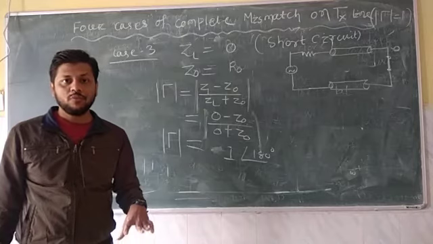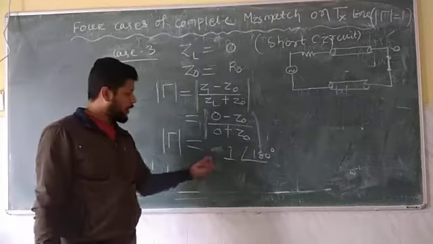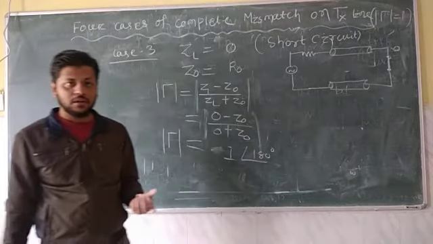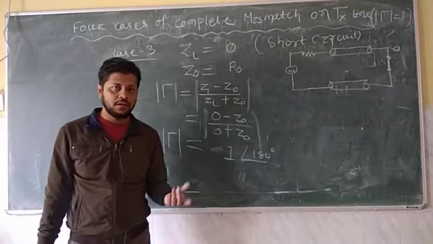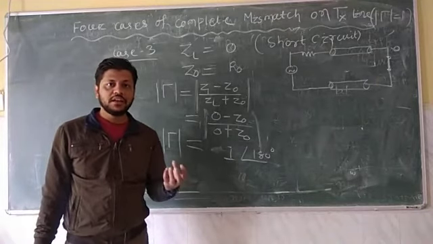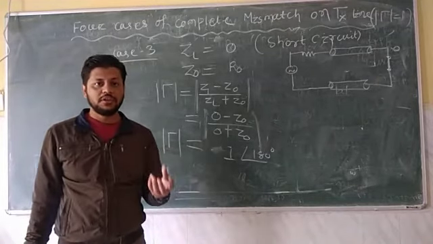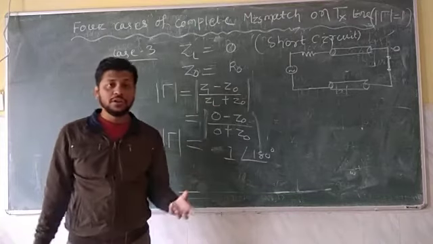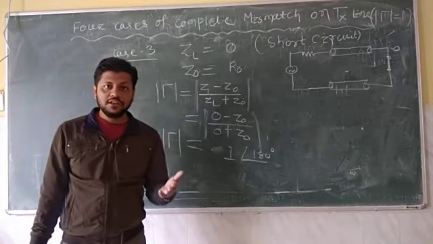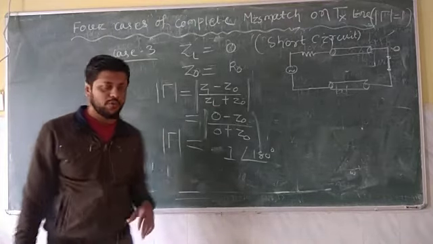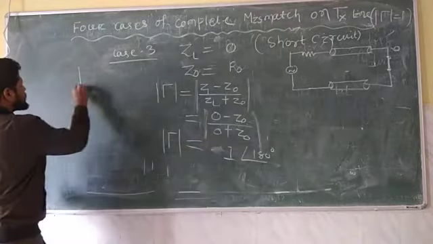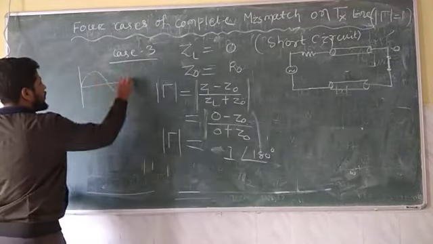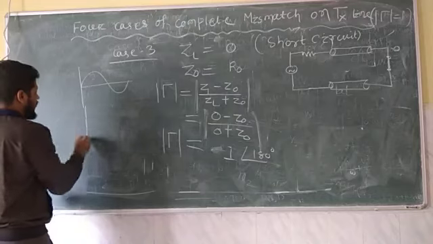It will be 180 degree phase shifted. So for example, your balanced modulator, you use in AM modulator. In that case, you need a 180 degree phase shift. So in transmission line, if the load is short circuited, you will get the 180 degree phase shift of your wave. 180 degree phase shift means, suppose this is your wave. So 180 degree phase shift means